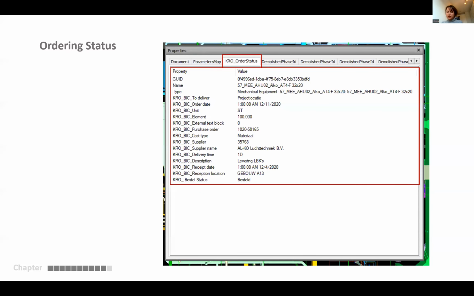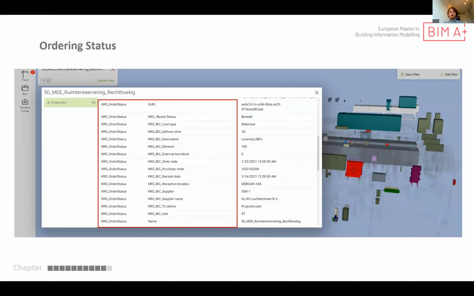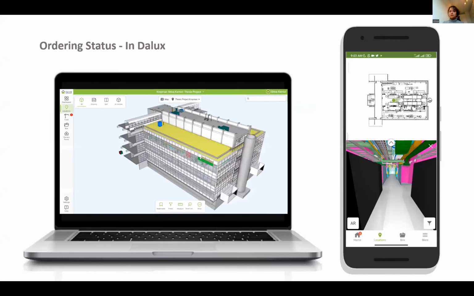Another possibility is adding the type of data that we want, since not all data is available in Dalux, the model viewer I use for this case study. So after exporting the data to Dalux day by day, it's available for the installer to check